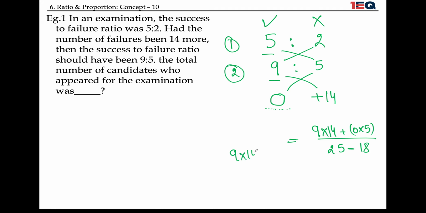9 into 14 whole upon 7. This I have, 7 ones are 7 and 7 twos are 14. So 9 twos are 18. And 18 is